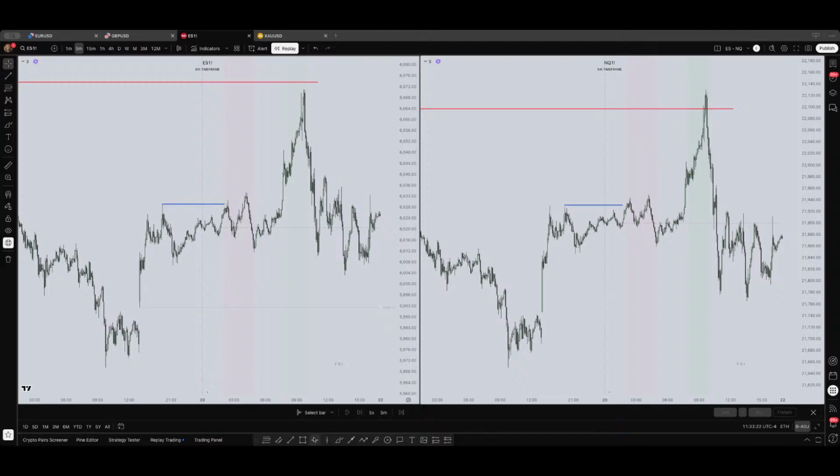So what happened here? Price opens, right? And I saw price took the previous highs of the Asian session. Same here. Okay, so I was waiting for displacement after the price took these highs of the Asian session. I was expecting displacement, which didn't happen here.